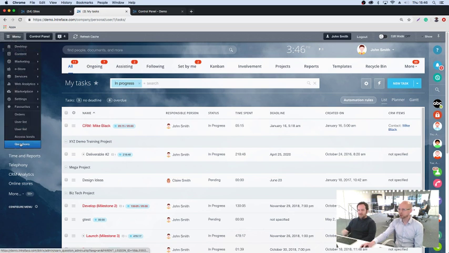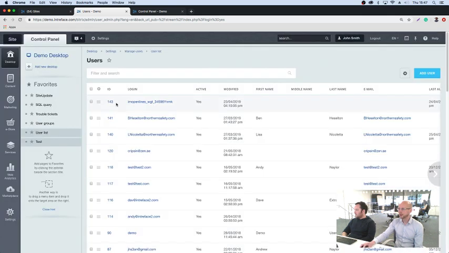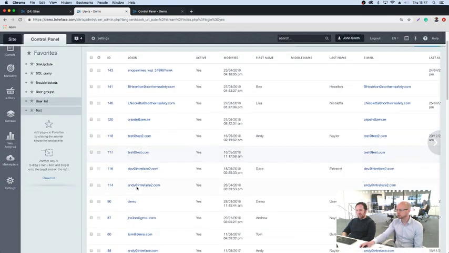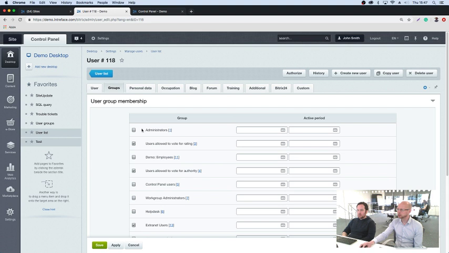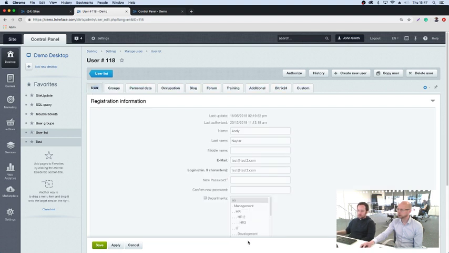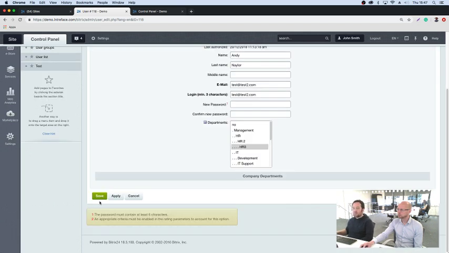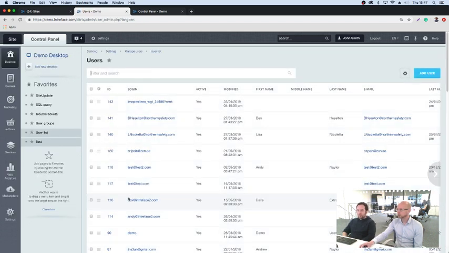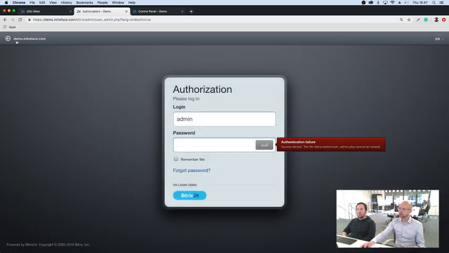Administrator tool. Let's just go into these users. So on a self-hosted, we can access the user list quite easily, and we can go into a separate user. Let's just check. This user's not an admin. So it's not a user. Just put them in a user. Let's see. Okay, so let's just authorize as that user and go into the